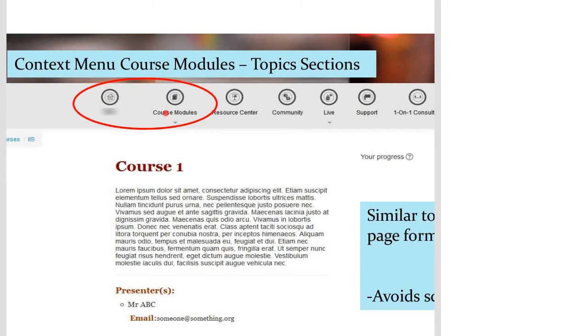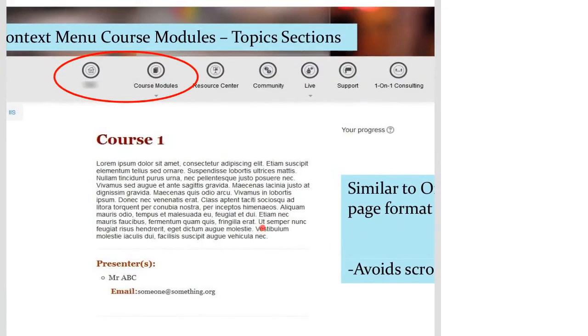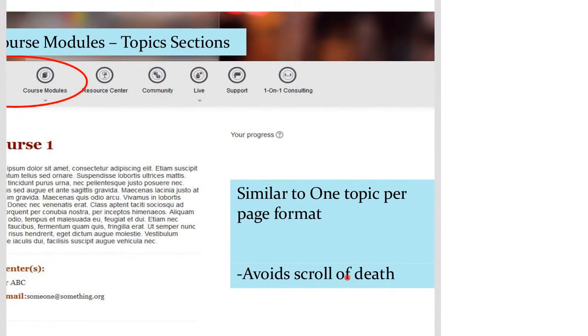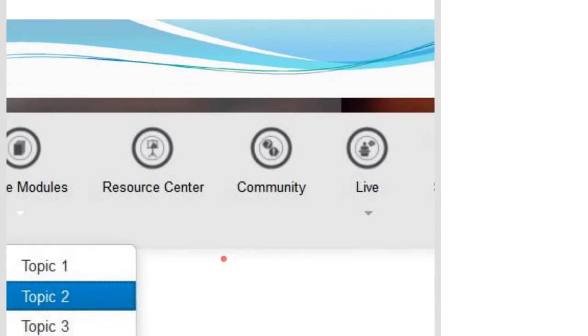But once the user is inside a course page, he can navigate to any course module, as they call it, or as we are aware, we call them topics or sections. So rather than scrolling down the course page, you can access them directly from the menu. And we saw an example of the menu changing according to the context. We are also avoiding scroll depth, because users don't have to scroll down to access the resource content. They can simply do it from here.